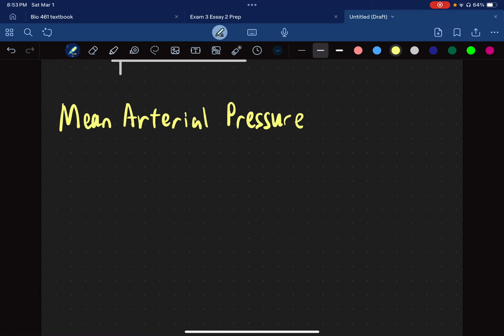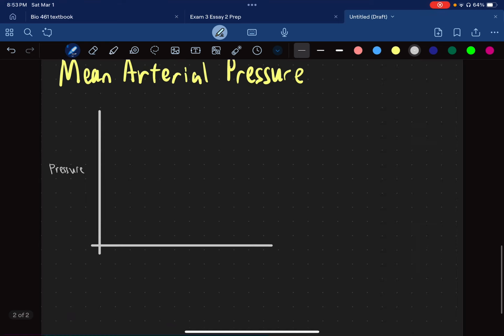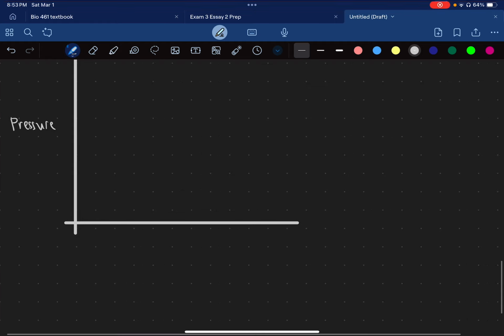The mean arterial pressure, let's draw another graph here. Lots of graphs that are helpful to kind of illustrate what's going on. So we have on one axis, again, the pressure. Draw that smaller, pressure. The other axis we're going to have